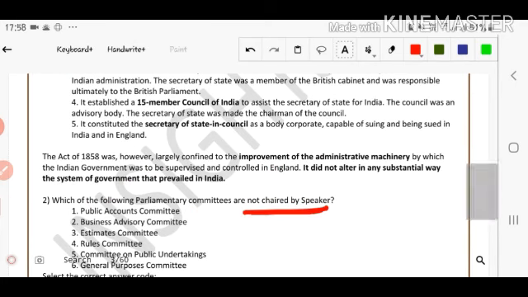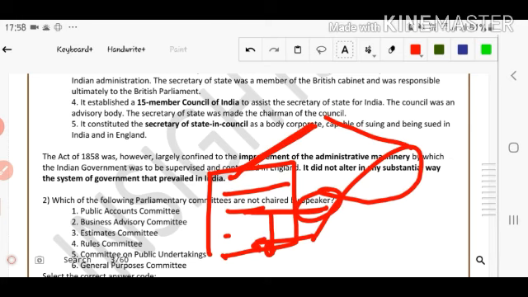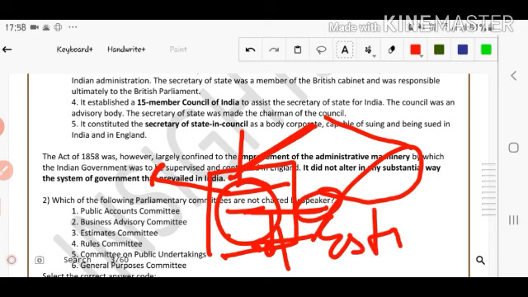Talking about the powers of the Speaker, the Speaker makes the conduct of business in Parliament; in case of the Rajya Sabha it is the Chairman, and in case of the Lok Sabha it is the Speaker. All the financial parliamentary committees are appointed by the Speaker, but it is not the Speaker who chairs them. The financial committees include three main committees. First is the Estimates Committee, number second is the Public Accounts Committee, number third is the Committee on Public Undertakings, that is related to finance.